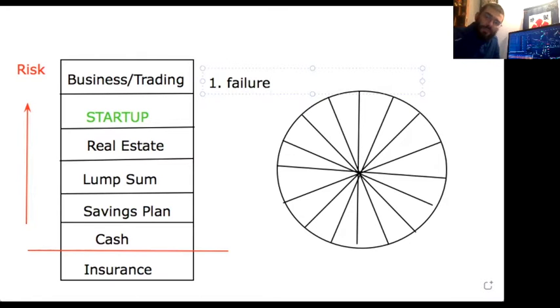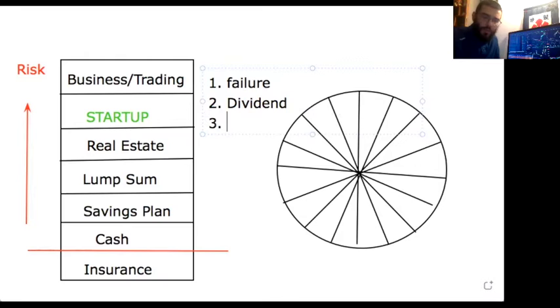Most startup investments end in failure, somewhere around 80%, right? Number two, they might get successful enough as a company, but not successful enough to go public or get bought out. And what they do is they might start to produce a dividend income. So now this startup investment, like real estate, can produce a passive income. This isn't ideal, however. We don't want this startup company to be paying money out to us as investors. We want the startup company to be reinvesting their earnings into growing their company, because really we're looking for a